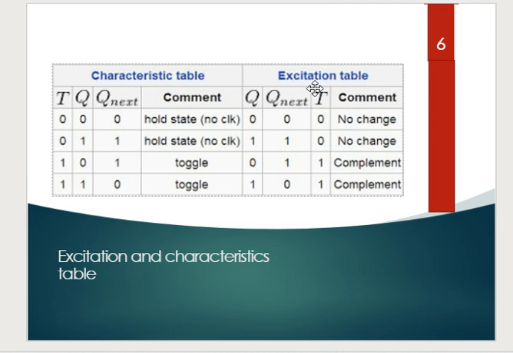And according to them, I have listed some comments, like no change, which is nothing but the memory condition, and after that we'll get the toggling, meaning the complemented condition. Alright, so we should know about the excitation table, because in our question we're going to derive a state transition table, which can be derived from the excitation table only. So we should know about this. That's why I was talking about the excitation table in detail.